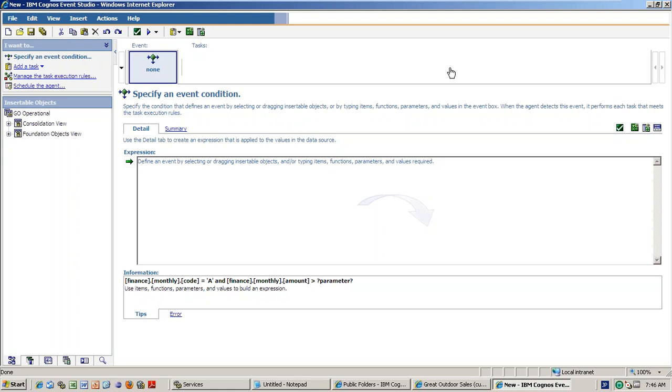And when the condition has to be checked, say every day, whenever the batch is loaded, only after that you need to check. Otherwise, it will check against the previous data. So when you have to check, that means when Cognos has to check the data, you need to give the time schedule. So the first one is the condition. What is your condition? Here my condition is, if anybody's withdrawal amount is more than 1 crore for a person. That is what you need to write as the condition.